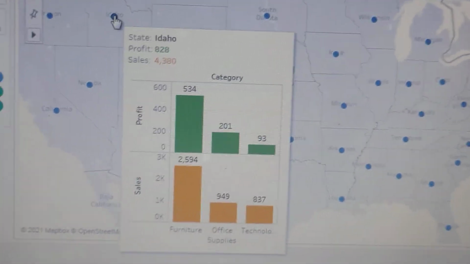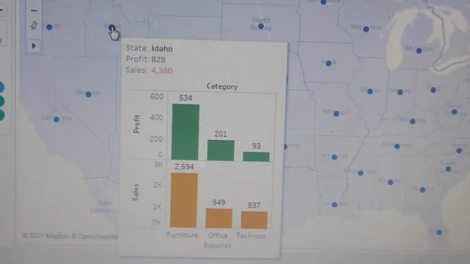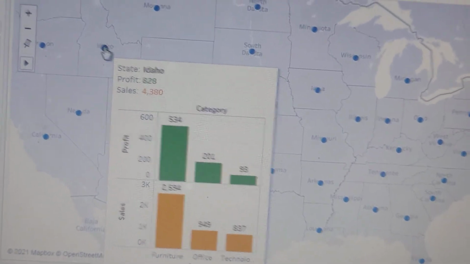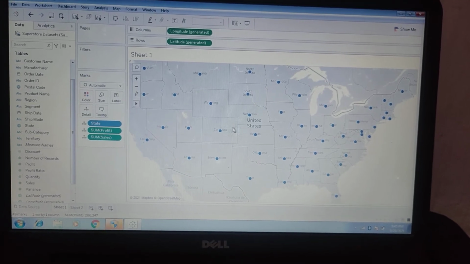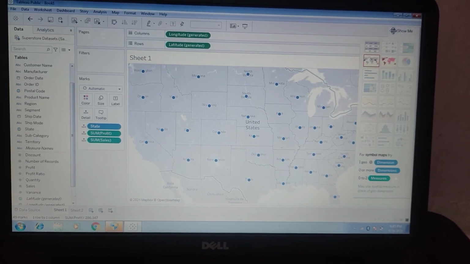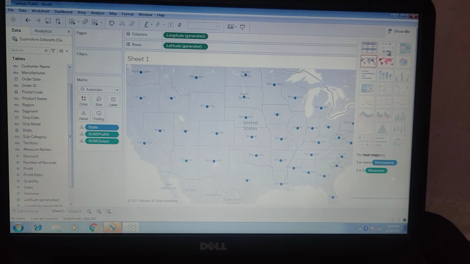So this is the way to create this view, and this is the map chart. And if you want to create a heat map, then you just select the heat map from here. So this is the heat map.